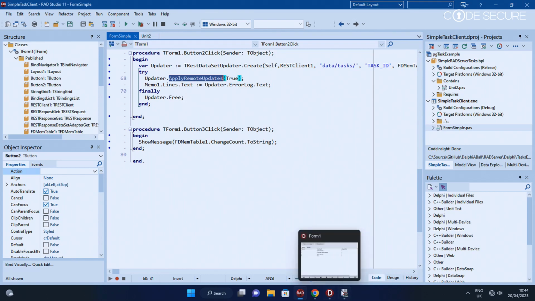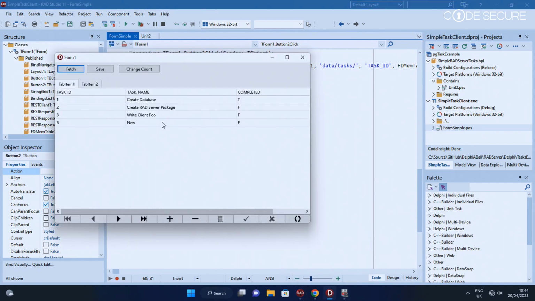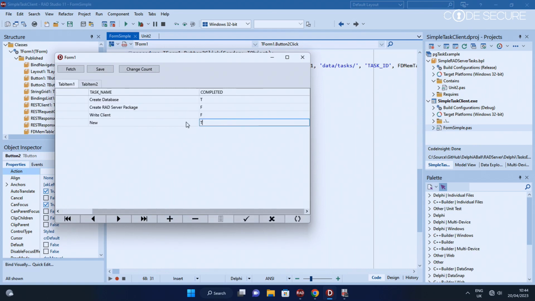So let's go and do that, and then we'll have a look at what's going on behind the scenes. So I've got a line here. Let's get rid of foo. We don't need foo on that. And let's change this one to completed. Now if we have a look at our change count, we can see we've got 2 changes in the delta. If we hit save,